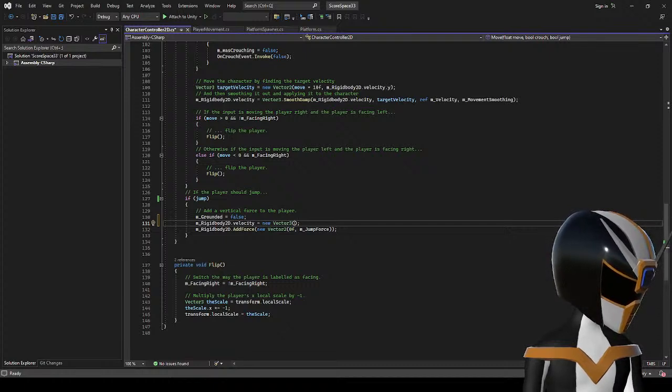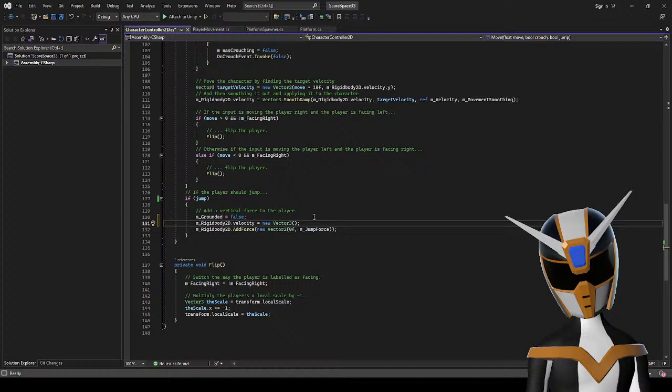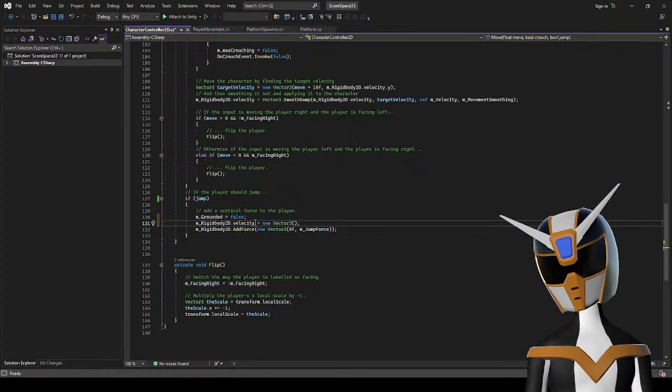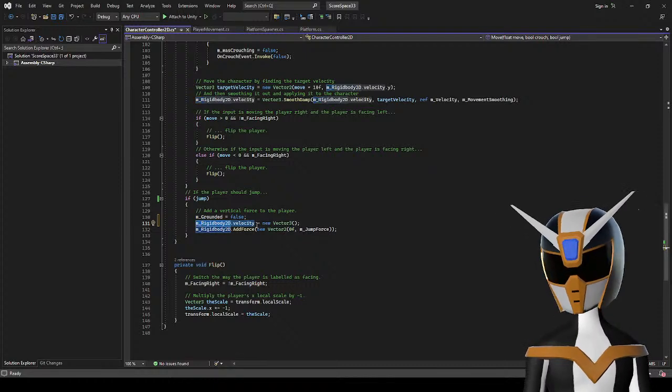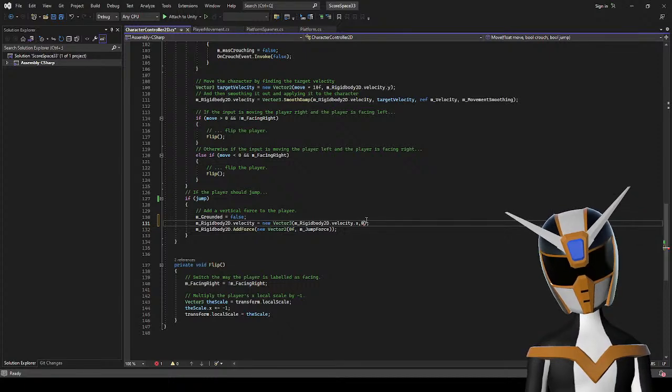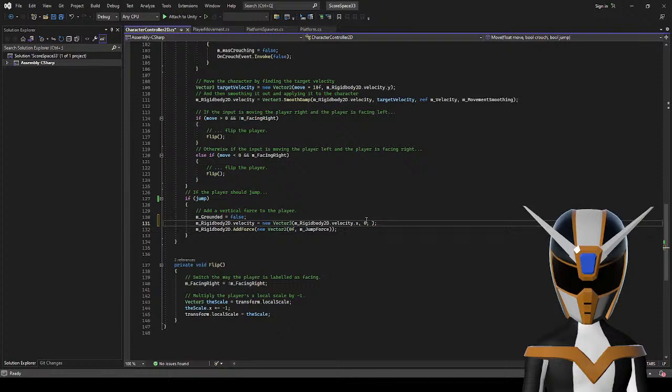So can I get the X and Y and just keep that the same? Or I just want to keep the X the same, really. Let's just copy and paste that. X. And then this is 0, and then this is also 0.